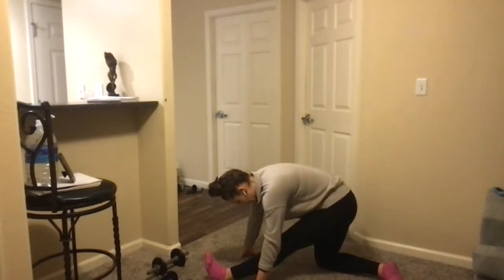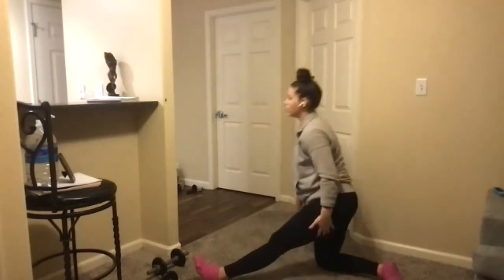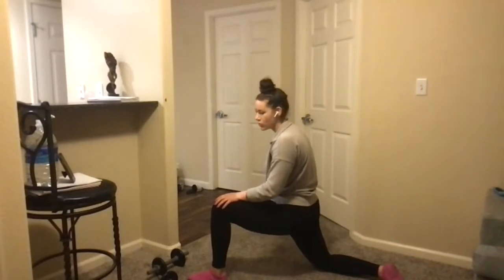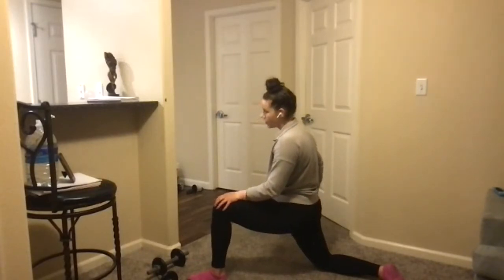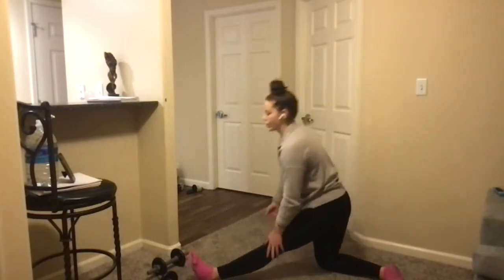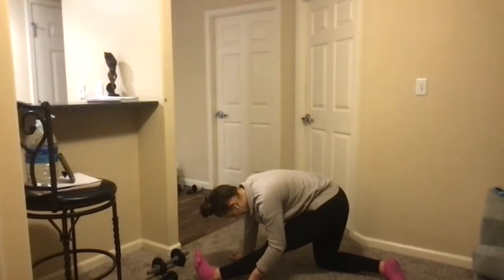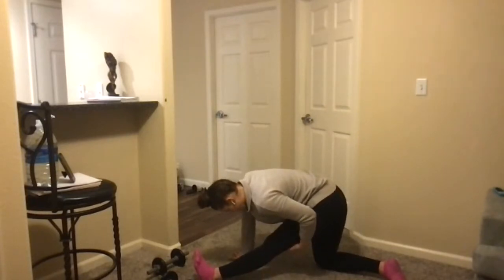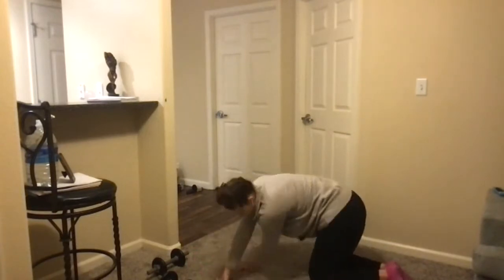Nice big deep breath. And then we're gonna go ahead and exhale into our last one. So going further into the stretch a little bit deeper this time, squeeze that glute. Nice big deep belly breath, and we're going to exhale, rock back into that hamstring stretch. And on our next exhale, we can go ahead and release out of that, and we can move to the